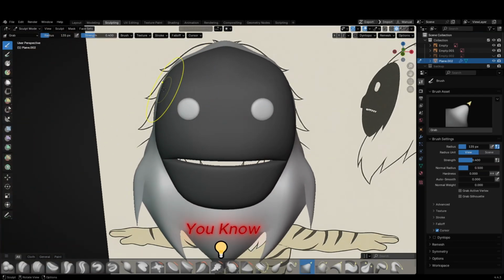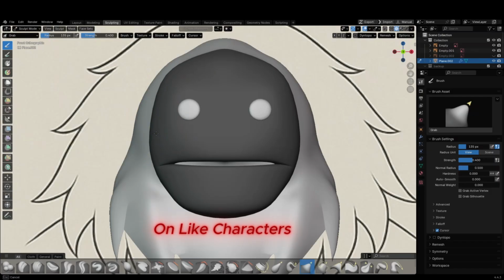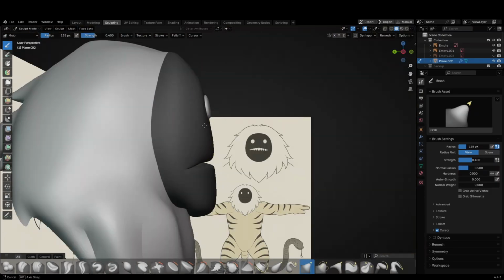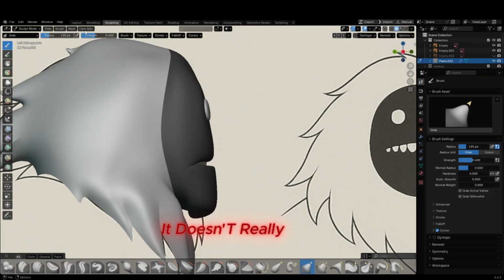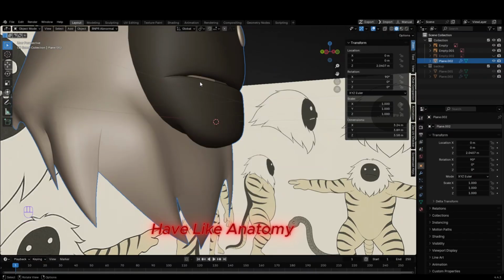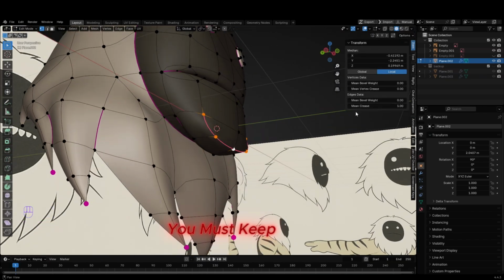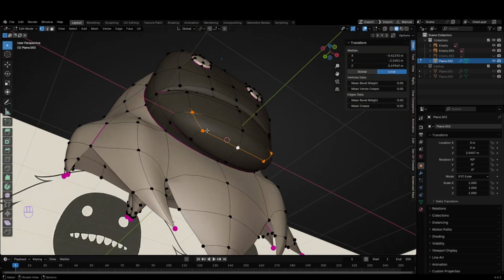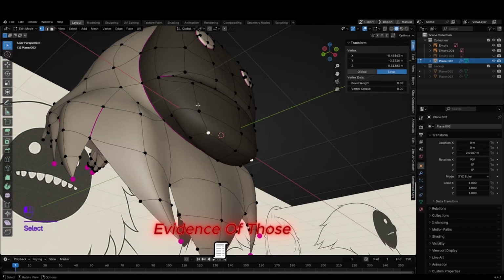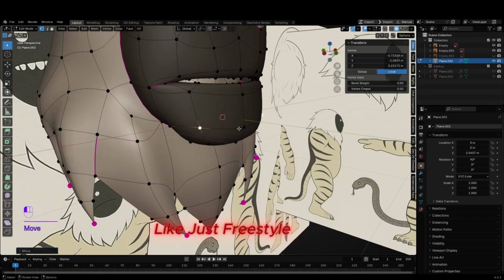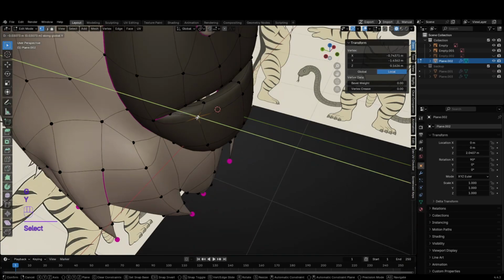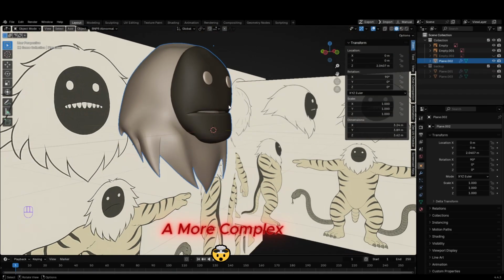On characters like this, as I'm doing right now, it doesn't really have anatomy, which for humans, because when you're doing humans, you have to be really careful on the anatomy, like muscles and all that. You must keep evidence of those, you can just freestyle and all that, but that's more into a more complex